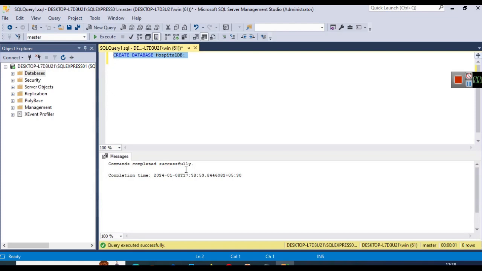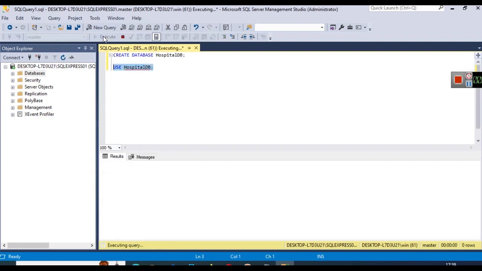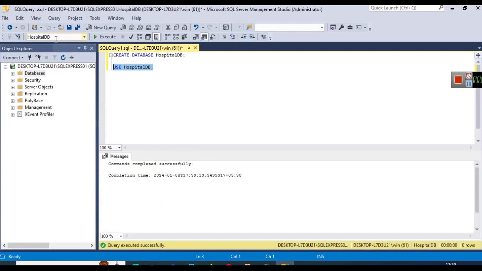Now you have two options. Either write USE HospitalDB. When you write USE HospitalDB and execute this command, you will see that you have already selected HospitalDB. Now whatever commands you run next will automatically run in HospitalDB. I will show you another way, but later in this video. Now let's get back to